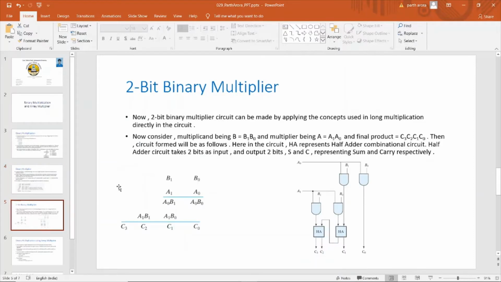Now let's see how we can construct a 2-bit binary multiplier. To understand how we can construct this, we will first observe the behavior we get when we multiply 2-bit binary numbers manually using long multiplication.